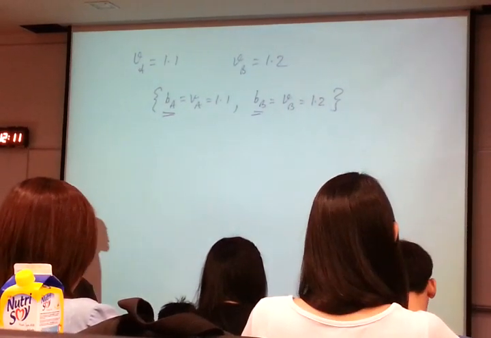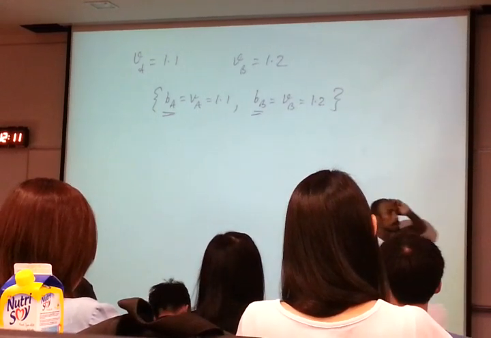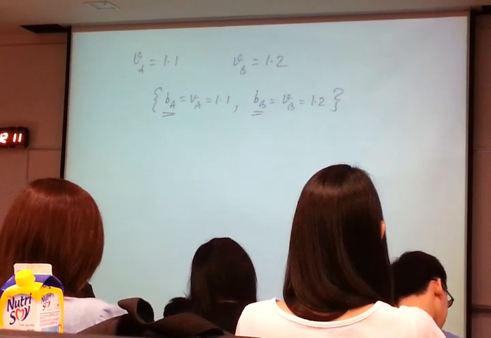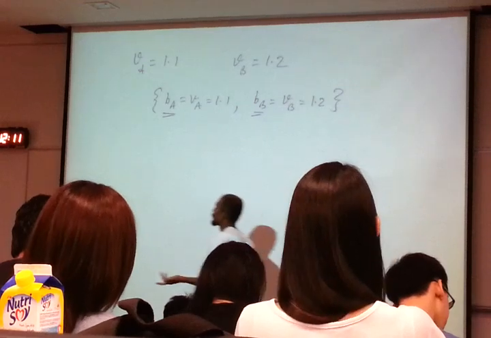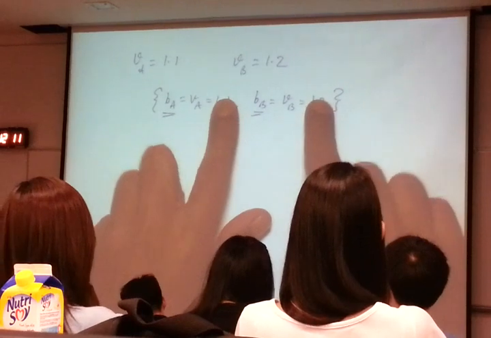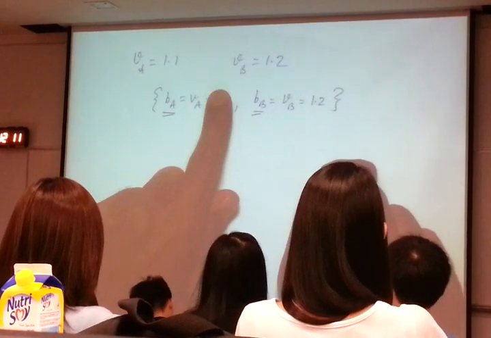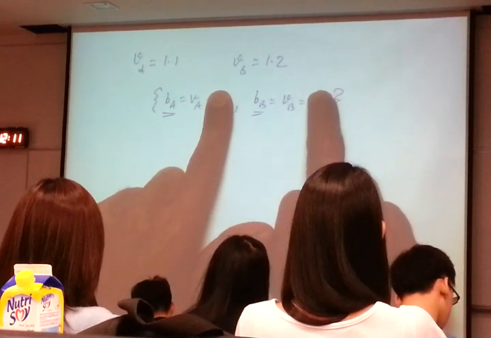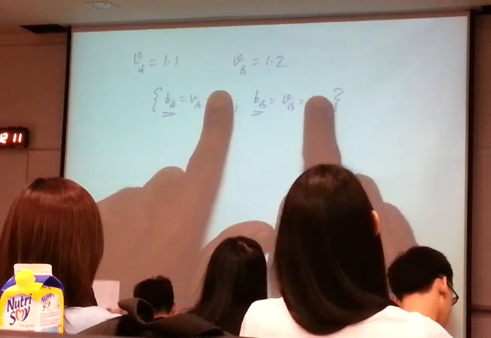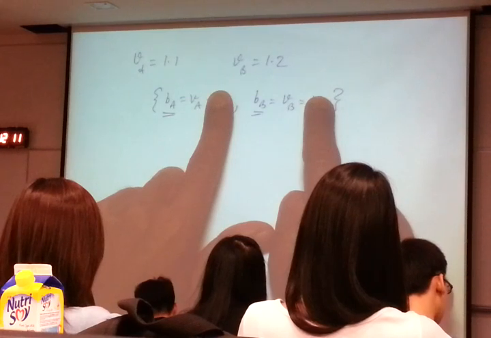Okay, show that this is an equilibrium. I'm asking you to show me that when Alex bids 1.1 and Bert bids 1.2, that's a Nash equilibrium. You have to prove that. And the idea behind it is pretty simple. Look, in order for these two bids to be a Nash equilibrium, what must I show? I must show that given Alex is doing this, Bert can do no better than by doing this. Any other bid he makes will give him either the same payoff as bidding this or a lower payoff. That's what I have to show.